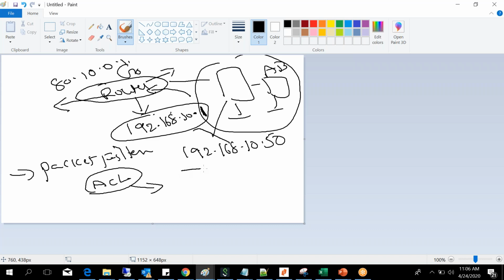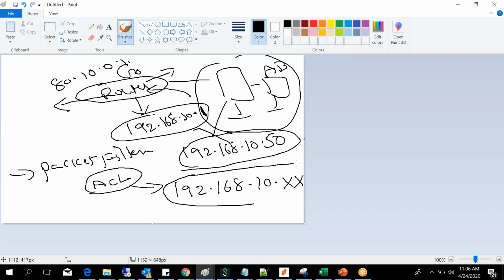Let's say there is the 192.168.10 subnet. These guys belong to some important team, for example the software developers. They are using this subnet. I will write in the router to stop the complete software developers team from accessing Facebook.